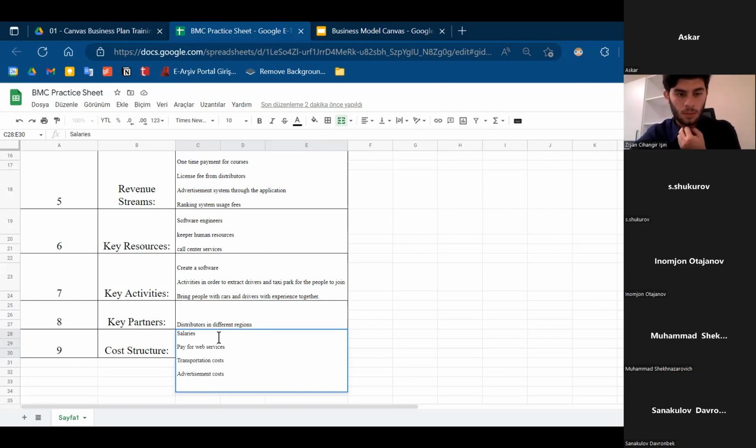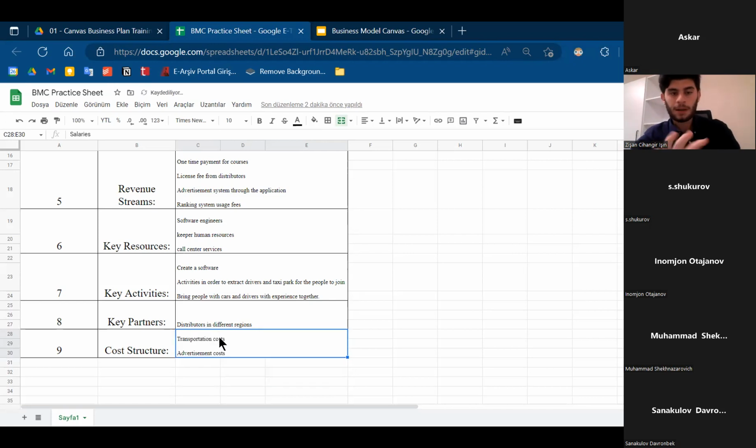I don't know. Especially, we would have lots of costs, a lot of expenses. So just for giving an example, that's enough. For now, this is enough. But when you're doing this for yourself, for your business, it would be much better for you to write it down in much more detail so that you know every part of every topic. Yeah, you're right. But for here, it's very much enough.